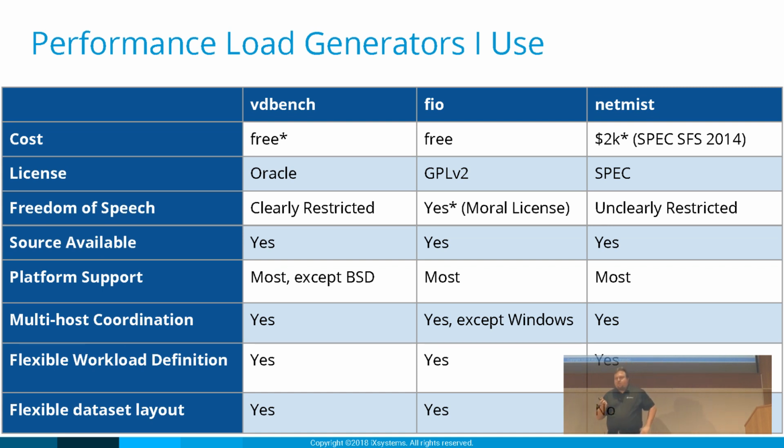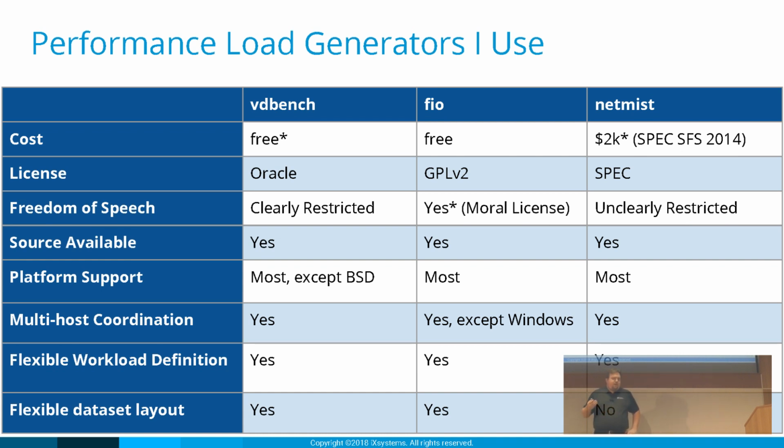The other interesting thing with performance testing is your freedom of speech. It actually is restricted in a lot of cases. And this actually goes for some vendor license agreements as well. With Oracle, there are clear restrictions in the EULA for what you can say with the results you've produced with the product. So that's a bit of a downside. With FIO, there is a moral license, basically just to disclose that you used FIO and which version, just so people could try to reproduce it and know what version you used.